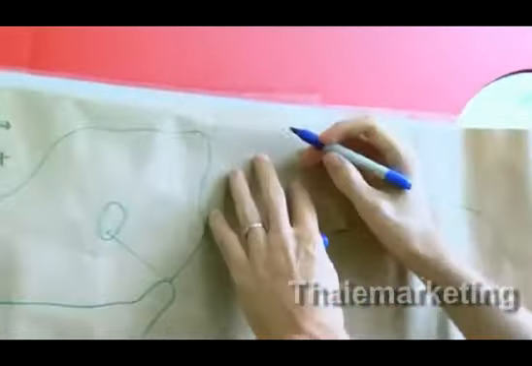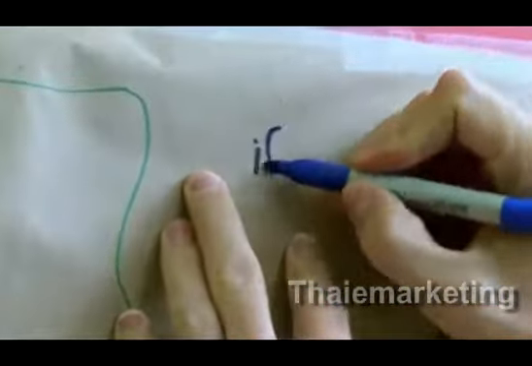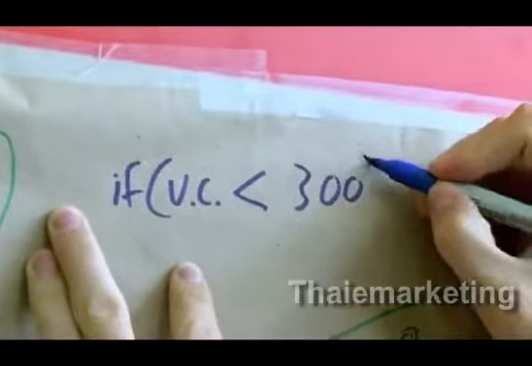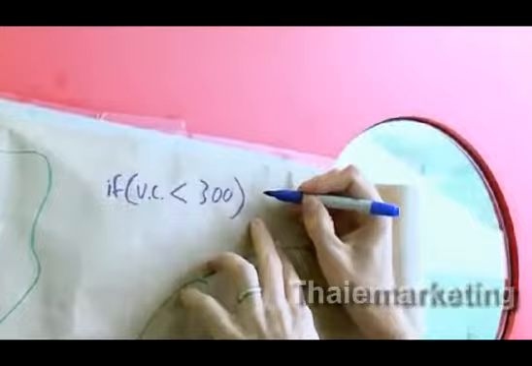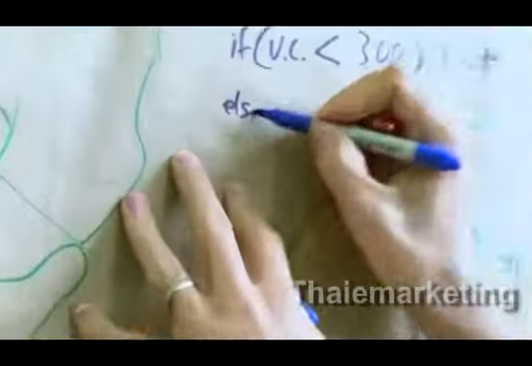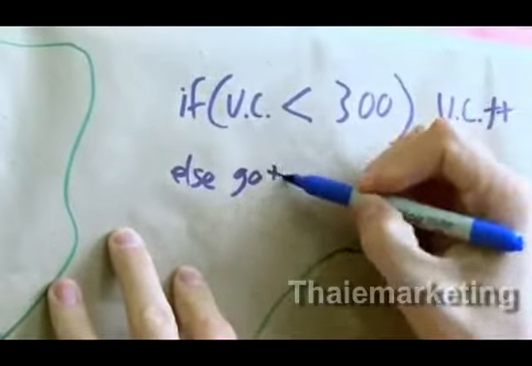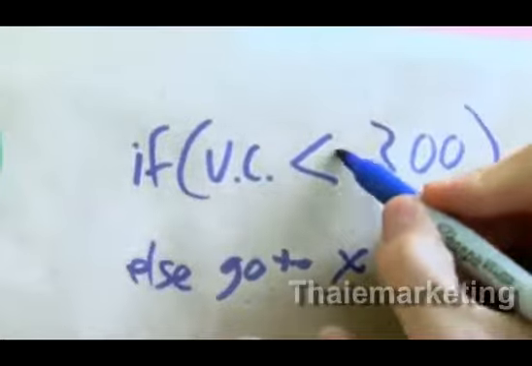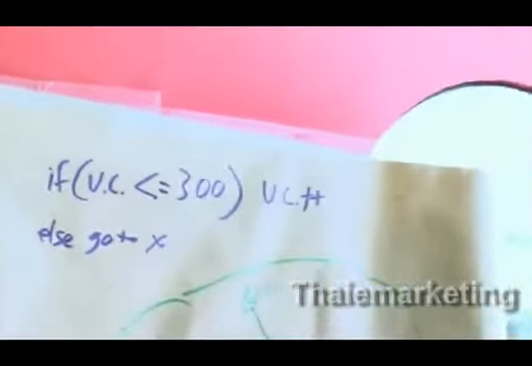Now, this condition can be written like this. If the view count is less than 300, then go ahead and add 1 to the view count. Otherwise, go to X, where X is our much more complicated view count pipeline. However, what actually got written was not this, but if view count is less than or equal to 300, then